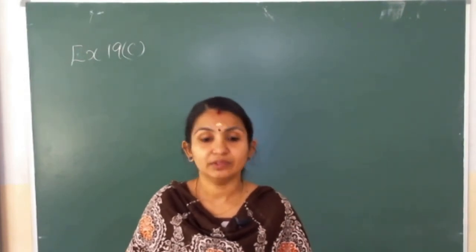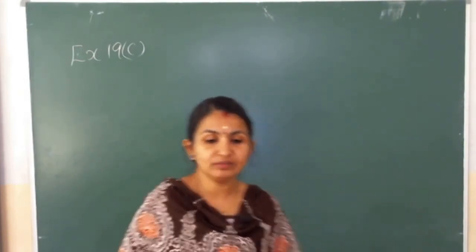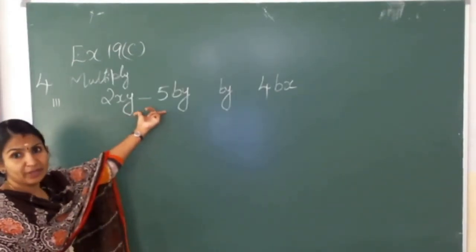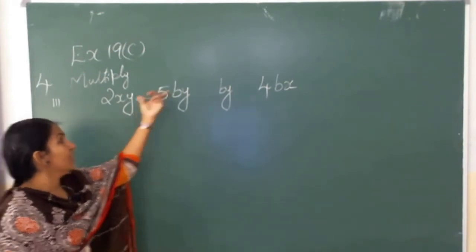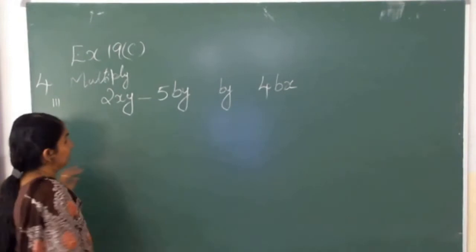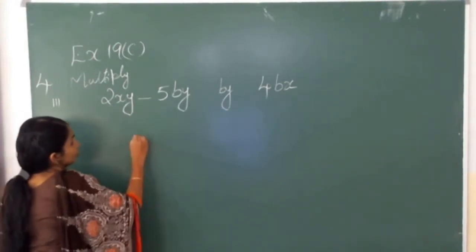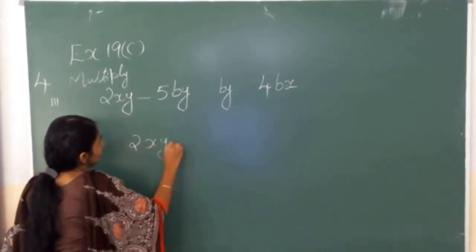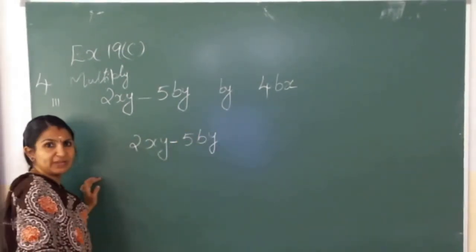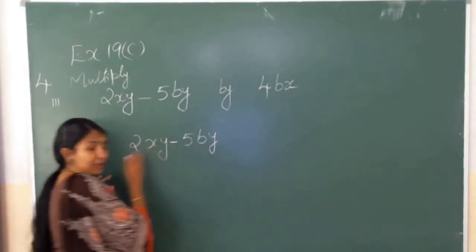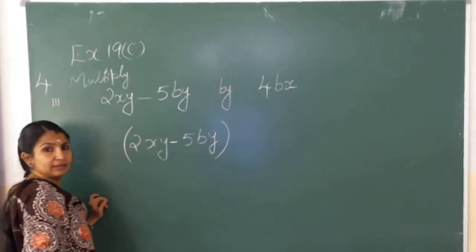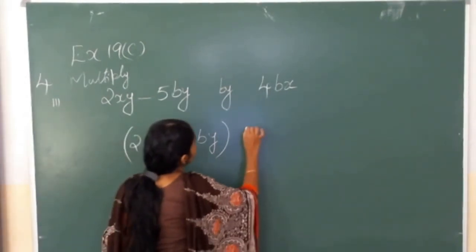Fourth section, third one. The question is, a binomial we should multiply by a monomial. So let's write them. How can we write? First write these two: 2xy minus 5by. This is a binomial, so just put it in a bracket. Multiplied by